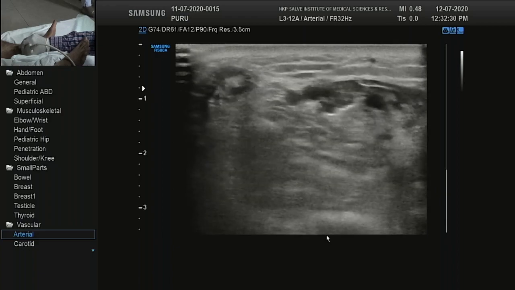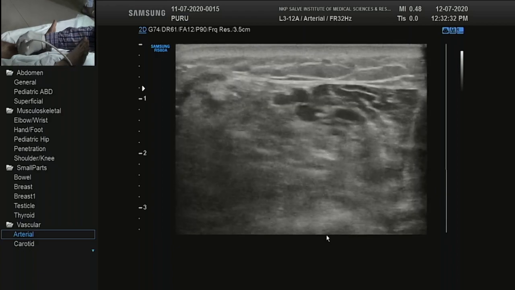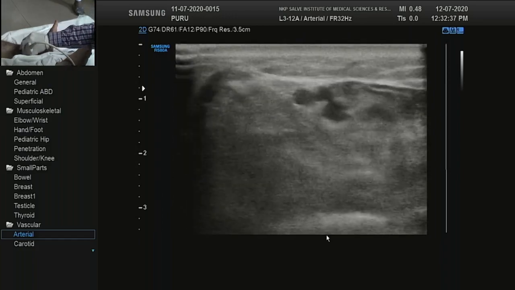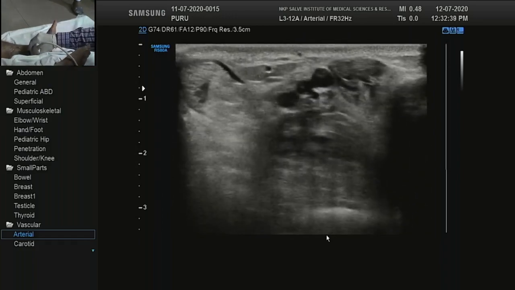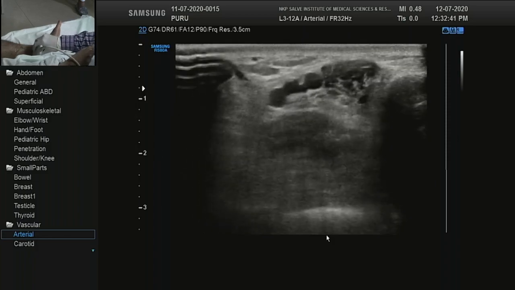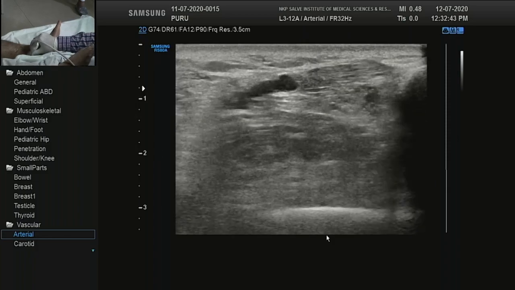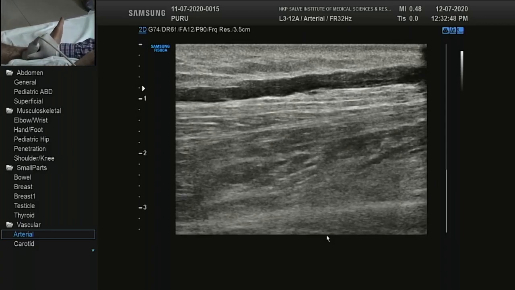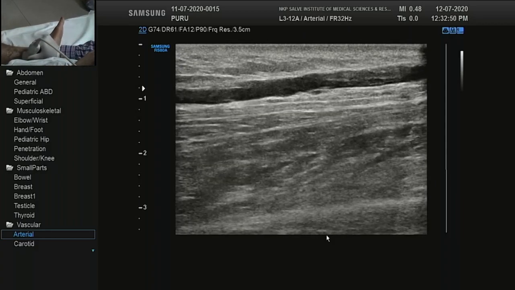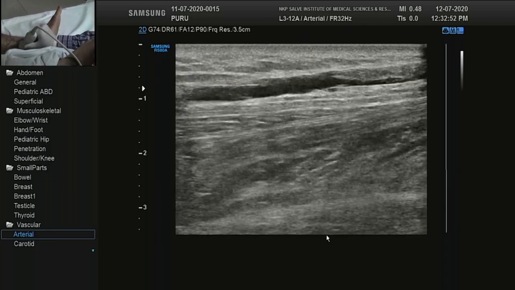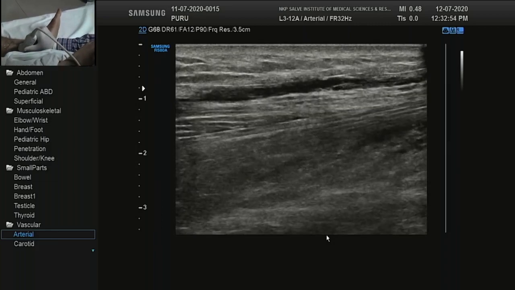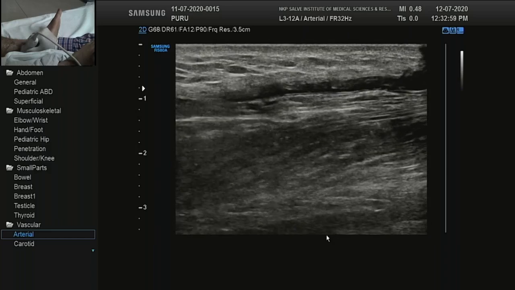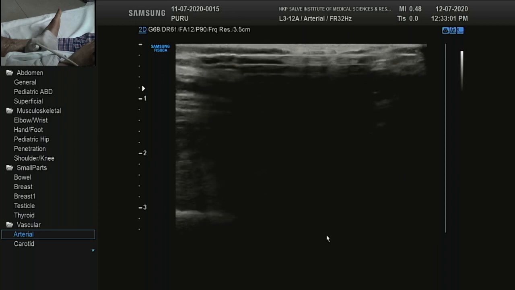It is very easy to trace from distal to proximal, and very easy to evaluate them wherever required. So at this point, if you want to evaluate the tibial artery, keep it in focus, slowly turn your probe in a long section, and just after attaining the proper long section, adjust beam if you want, and then you check whether it is artery or vein, whether it is pulsatile or not.